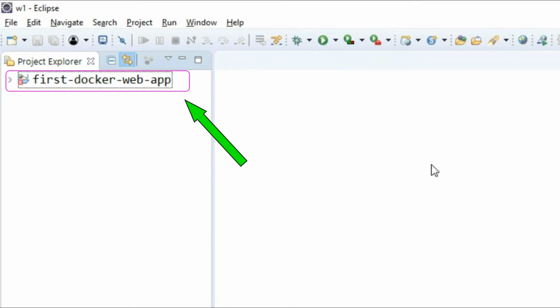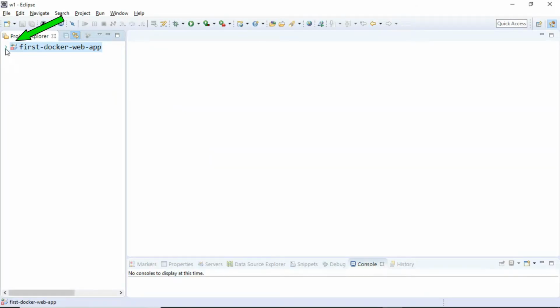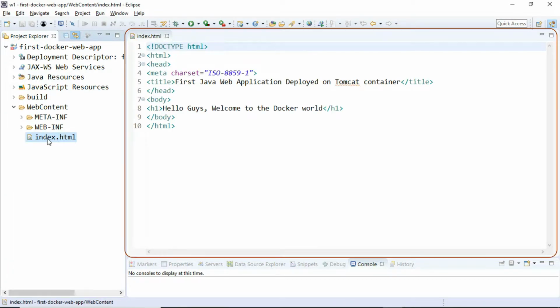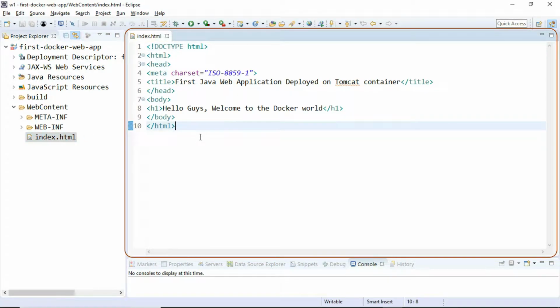And friends, we can see this application's source code folder on the left side of the screen. So now let us expand this application folder, and then let us expand this WebContent folder. And here we can see the index.html file. The only change which I made in this application after creating the new application from this Eclipse editor tool is the modification of this index.html file. So let us open this file now. And here on the right panel, we can see the content of this file.